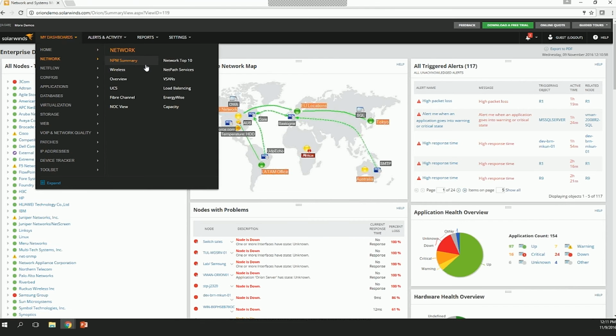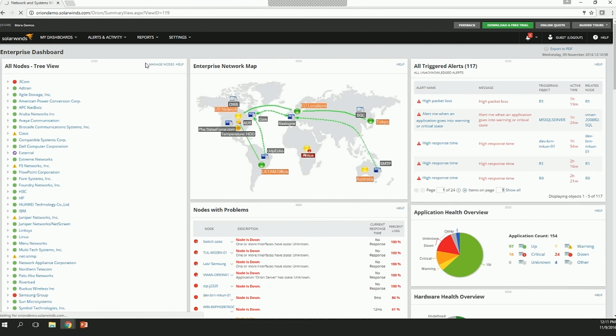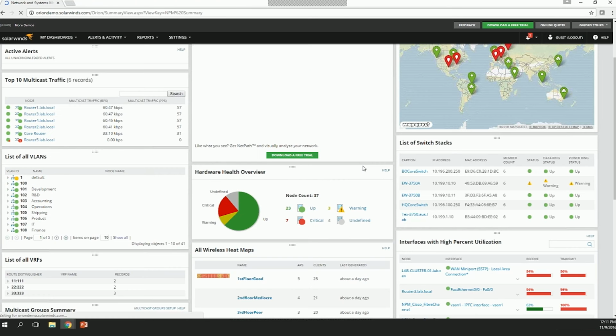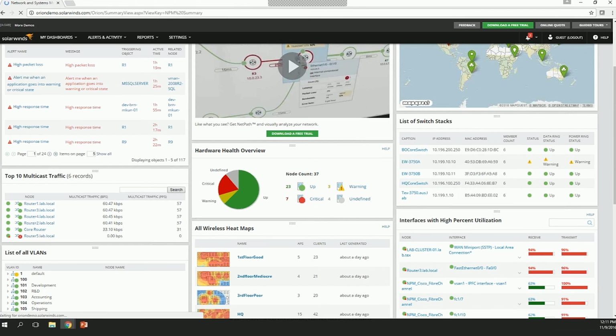We'll jump over to this 3750. There's a new resource here in this 12.0 release that will list out your switch stacks as well as their current status, and this is inclusive of the data ring and the power ring. It's more interesting when we have problems, so we'll take a look at this 3750 right here that seems to